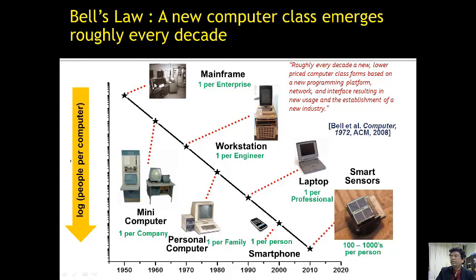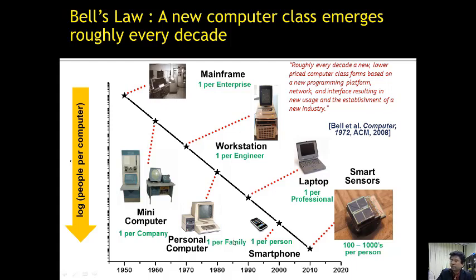In 1950 we have a mainframe, one mainframe computer per enterprise, and later on we have one minicomputer per company, and around 1965 we have one workstation per engineer. If you go one more decade down, we will see one personal computer per family,